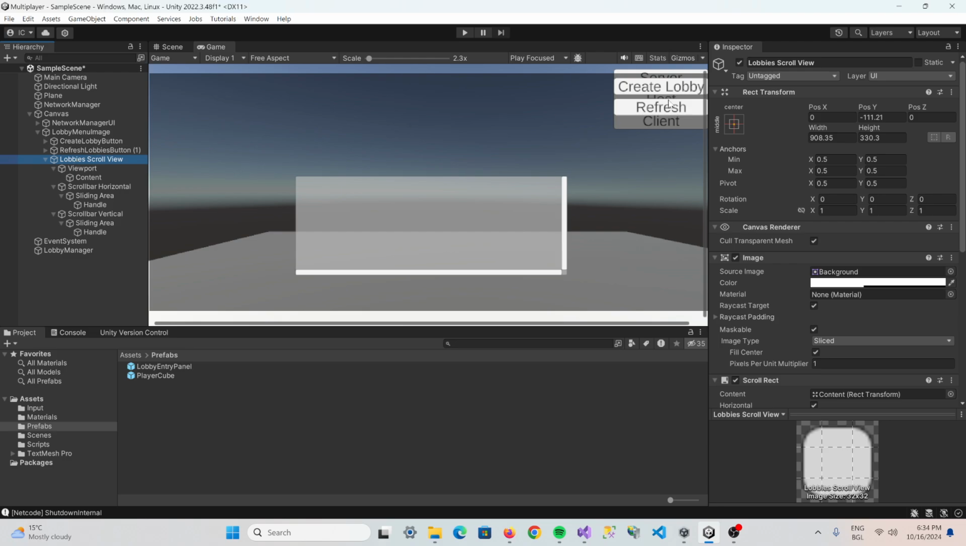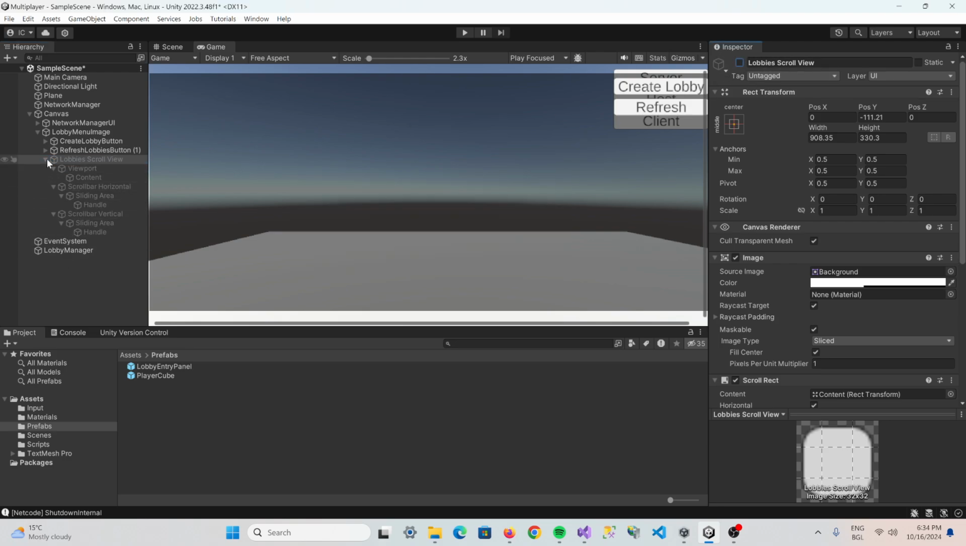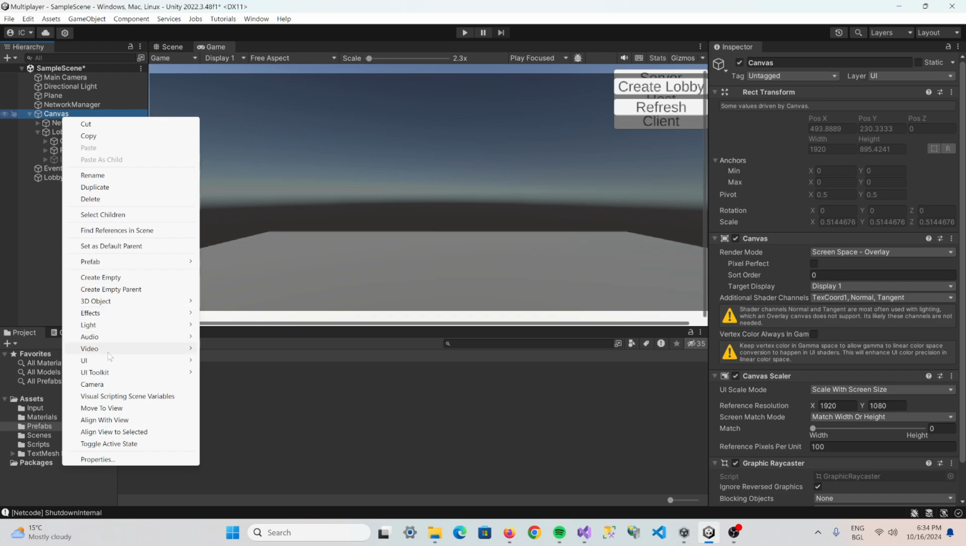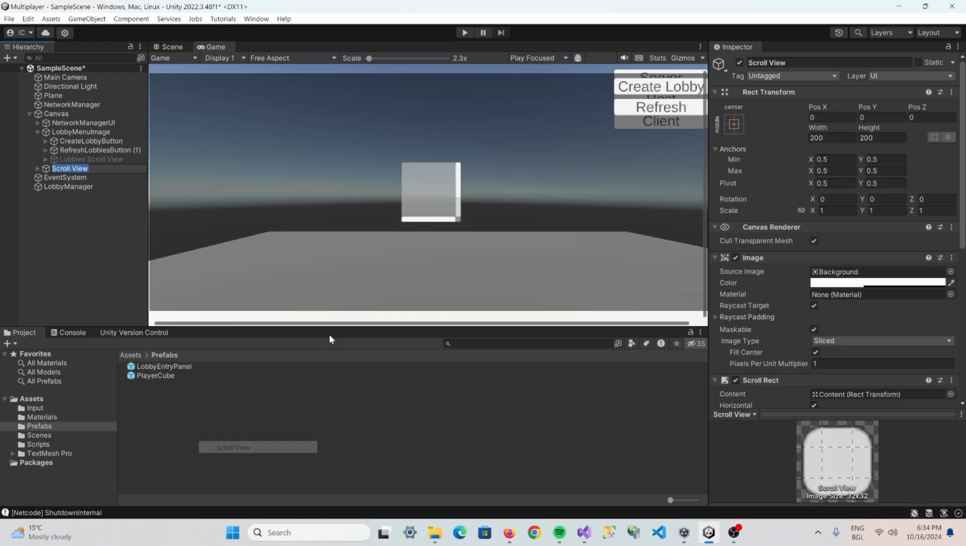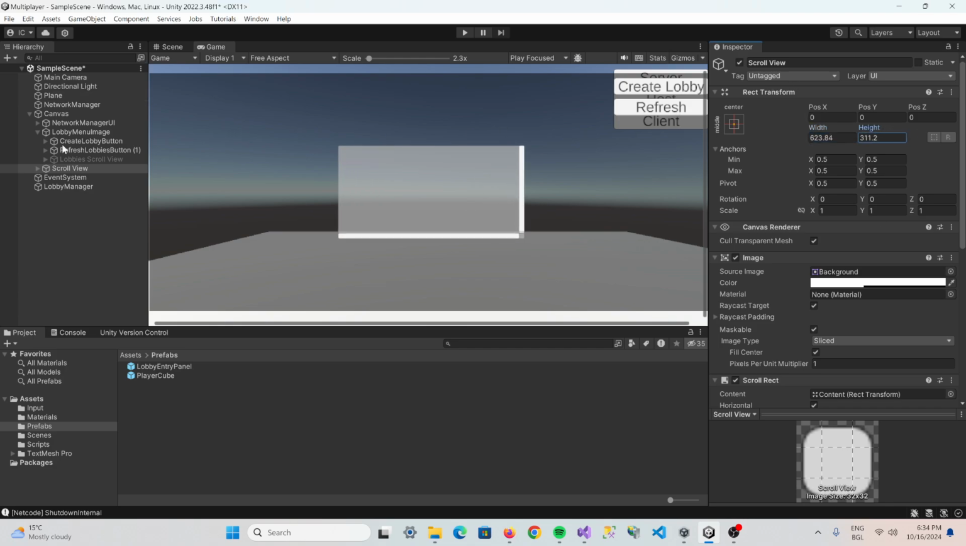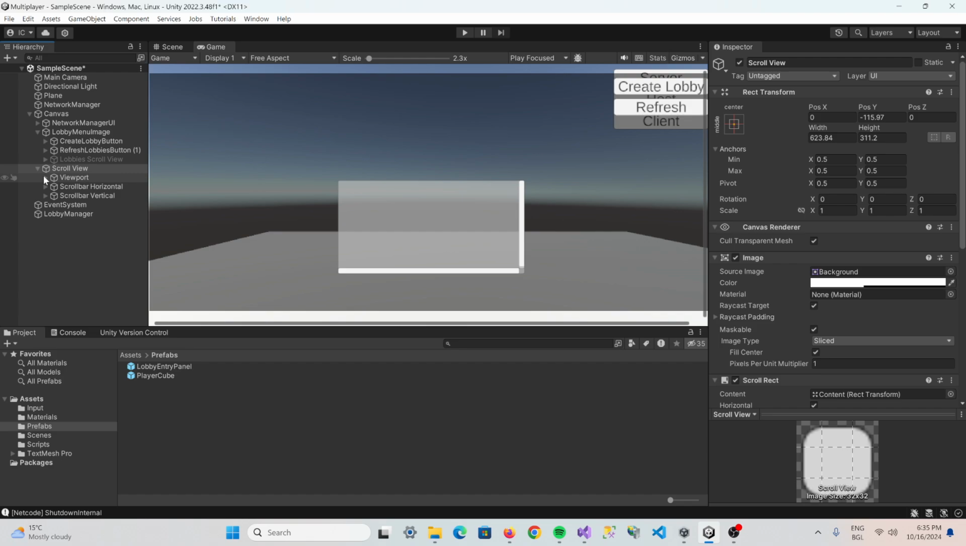So first I'm going to get rid of this one, and in my canvas I'm going to add a new scroll view right there. We expand the width and the height. So I'm doing this tutorial because I haven't seen this anywhere. I saw some other videos using panels or whatever. So once we have this, if we hit play,